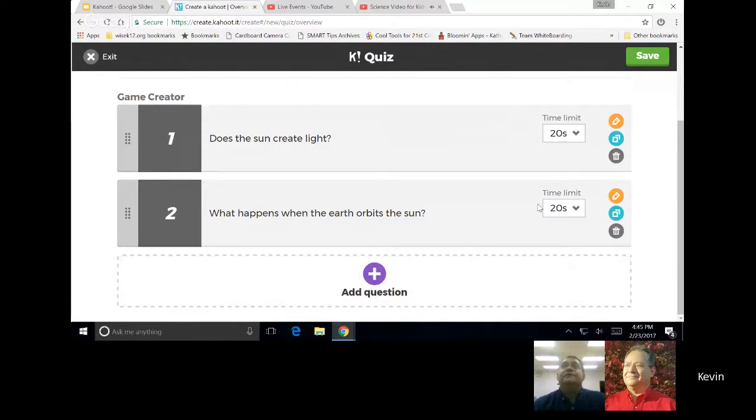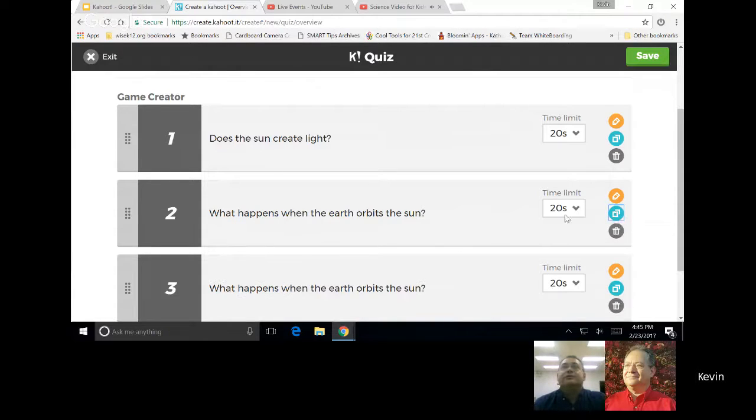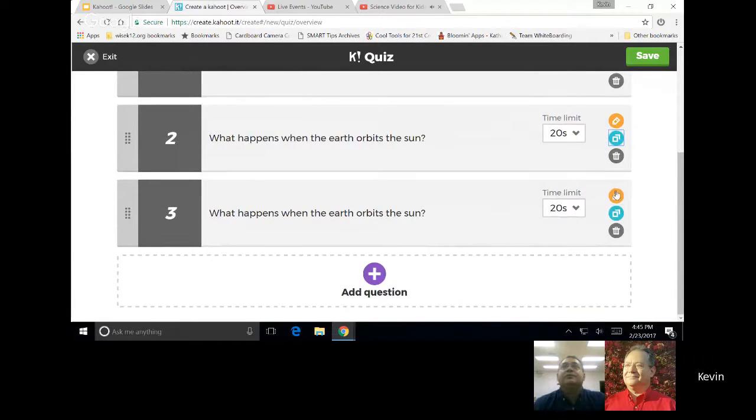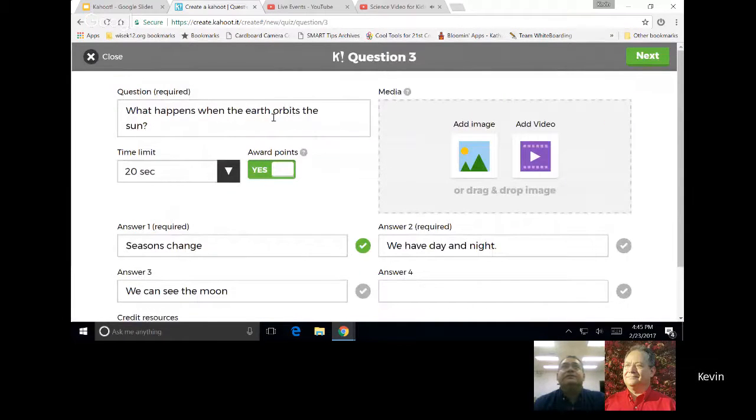That's all you have to do. So let's go ahead and look at this right here. When you create questions, you will see a pencil, you're going to see a duplicate, and a trash can. Duplicate, if you click on that, simply is going to duplicate the previous question you asked. So if you want to have one that's similar, it has one or two differences, you can come in and change it right here. What happens when the Earth orbits the Sun? You can change this to what happens when the Earth